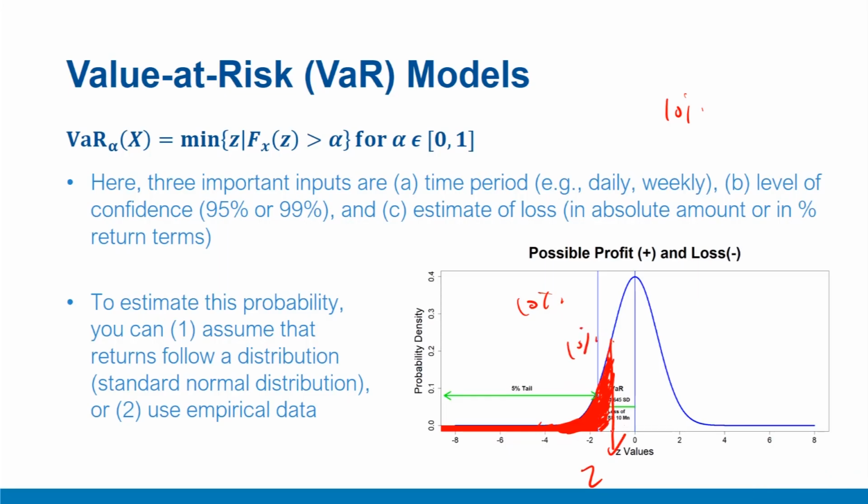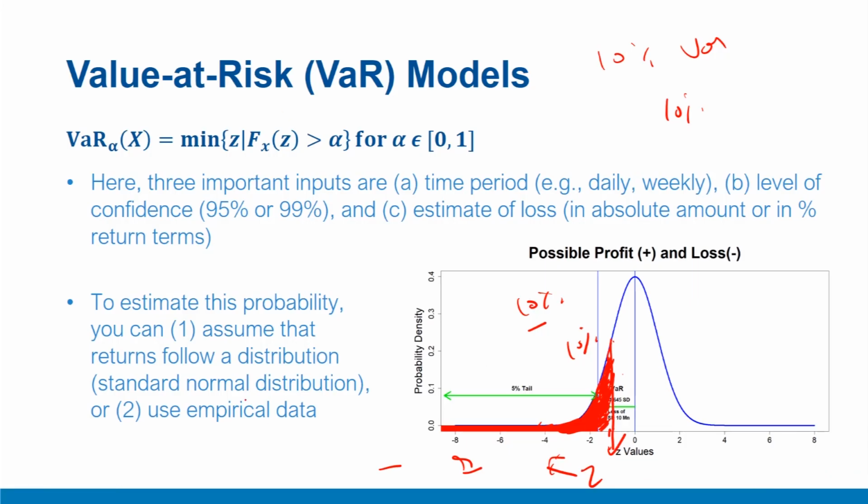So I can identify this Z value here, and this Z is nothing but returns in standardized form. So corresponding to each Z value, there is a particular return value which would be negative because this is the loss region on the left of 0. So we can identify that loss return, and that will be our daily VAR with that particular 90% confidence or 10% significance, or we can say 10% VAR, daily VAR is this value. It can be daily, weekly, monthly, depending upon the distribution of returns that is being examined.